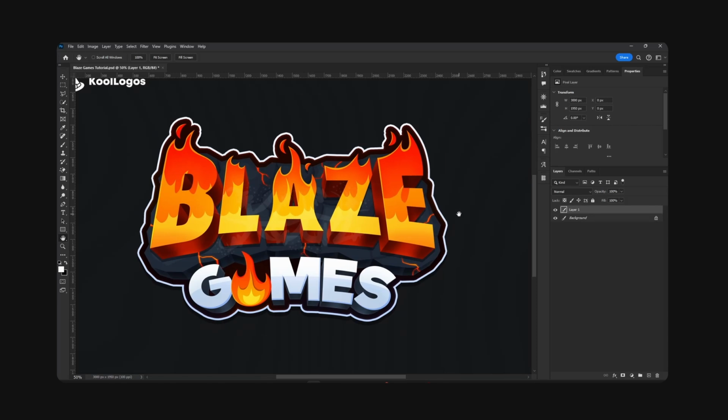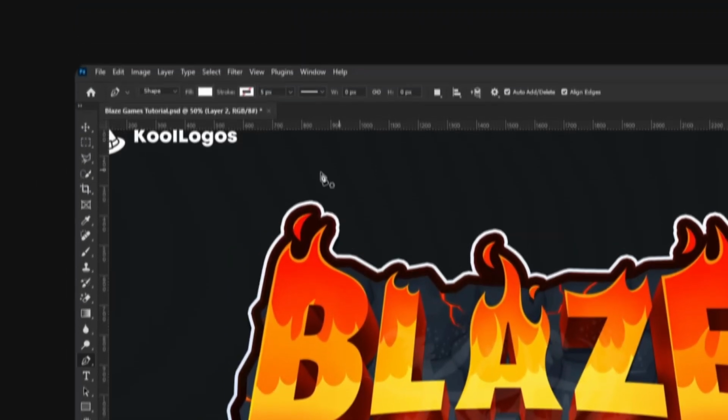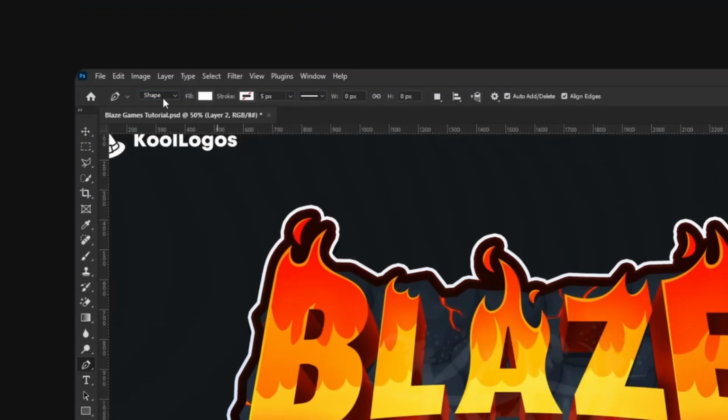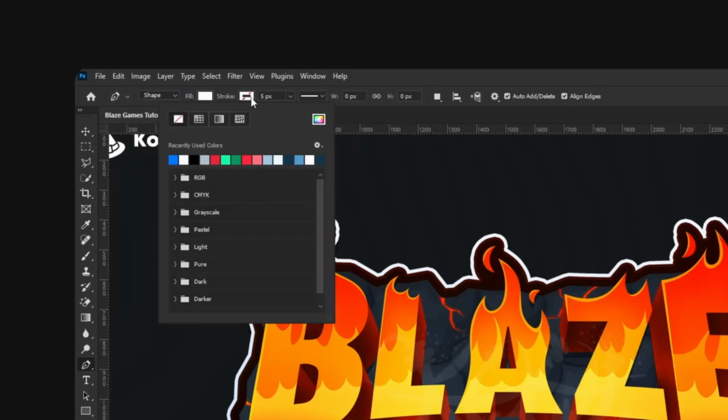To begin, I don't know what font he used, so I think we're just gonna pencil the letters. I don't think it'll be too difficult, so let's make a new layer. We're gonna take our pencil right here, pencil mode, shape. For fill, you can use the color white or black, anything that is visible.